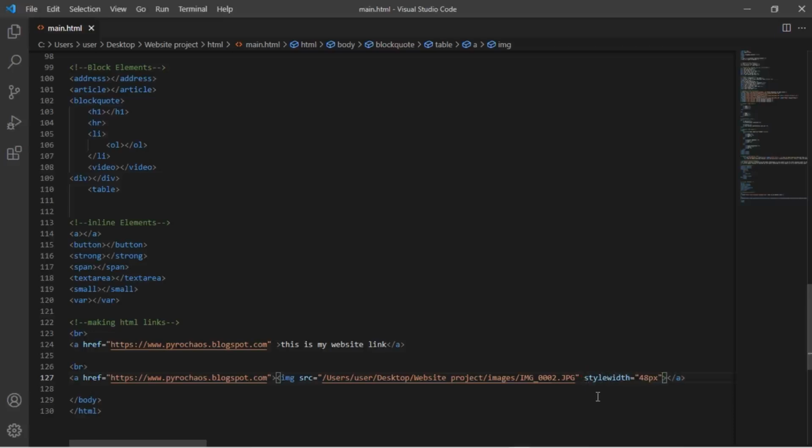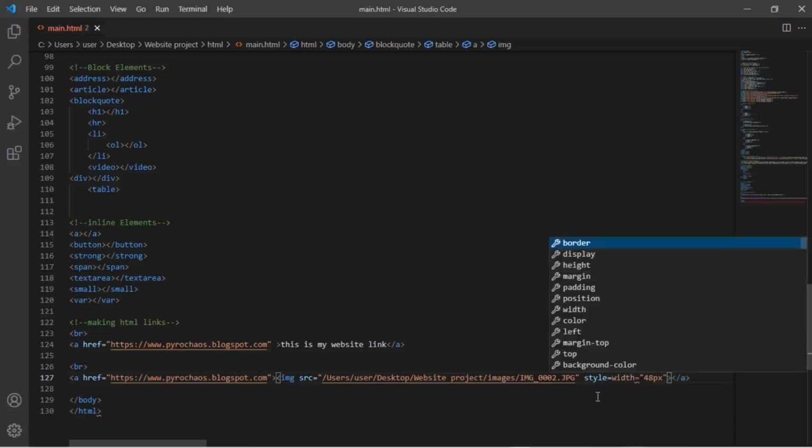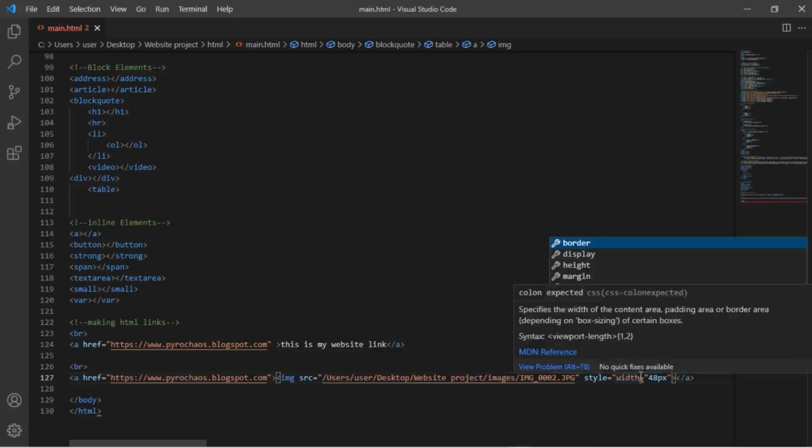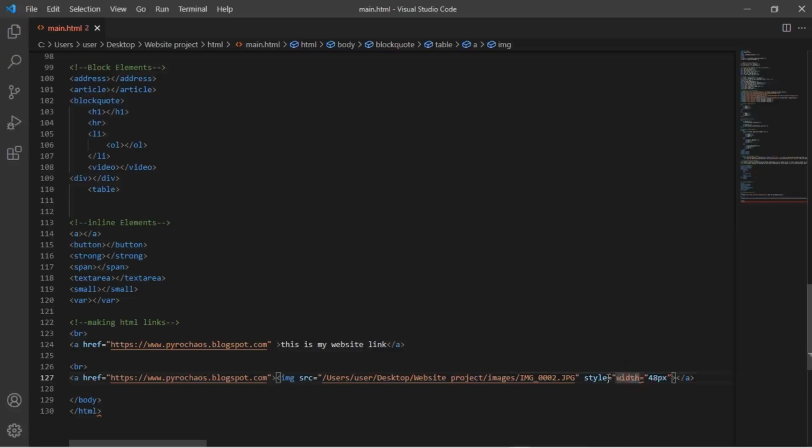Style is an attribute, but width is also an attribute. This time around, I want to use a bit of CSS style embedded in the HTML to style it instead of just using normal width. So I'm sorry about that. Please, let's just follow my steps. Maybe we should just erase this to prevent any error. Let's start afresh. So now, style,